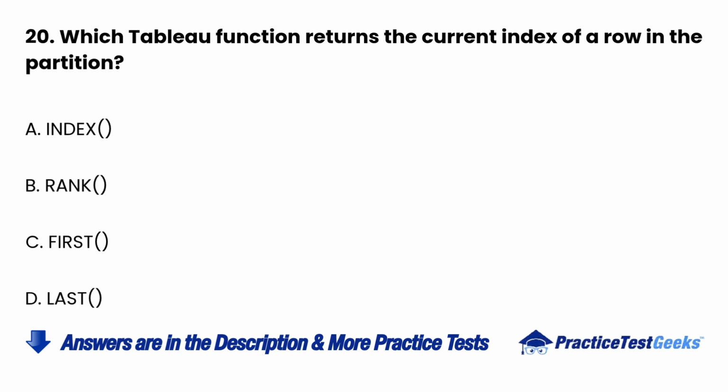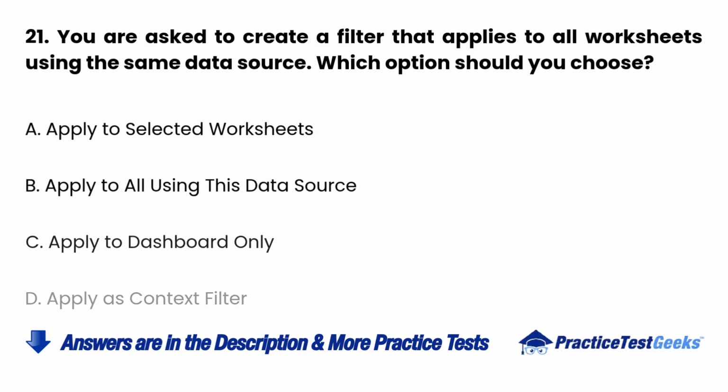20. Which Tableau function returns the current index of a row in the partition? A. Index. B. Rank. C. First. D. Last. 21. You are asked to create a filter that applies to all worksheets using the same data